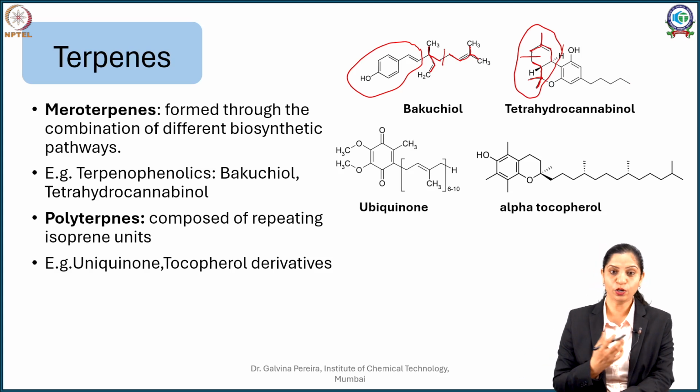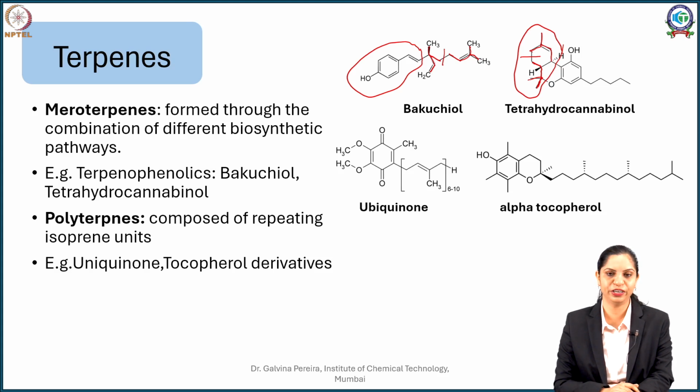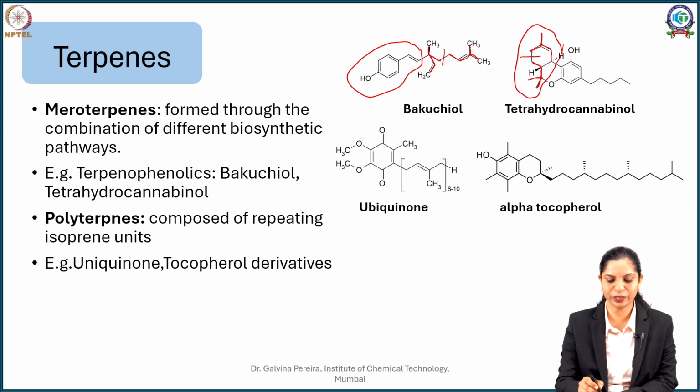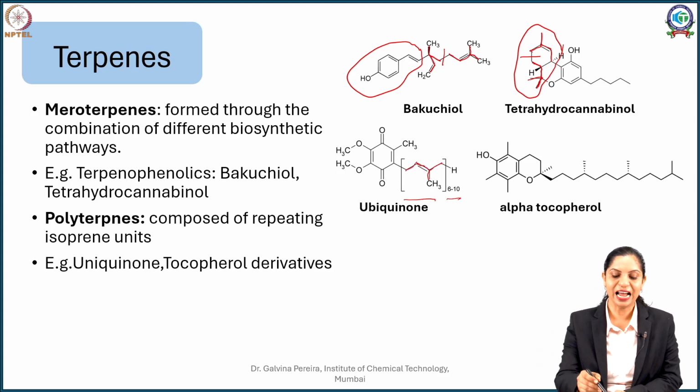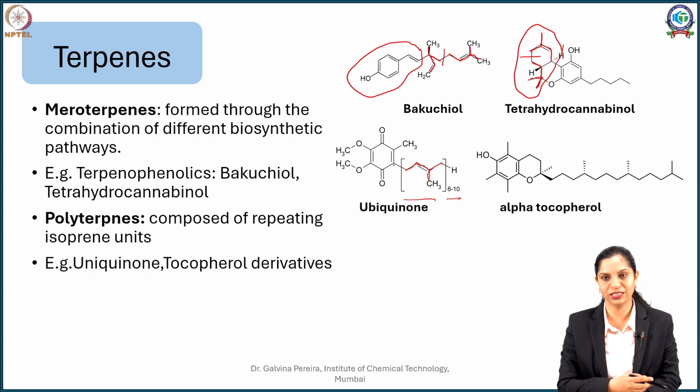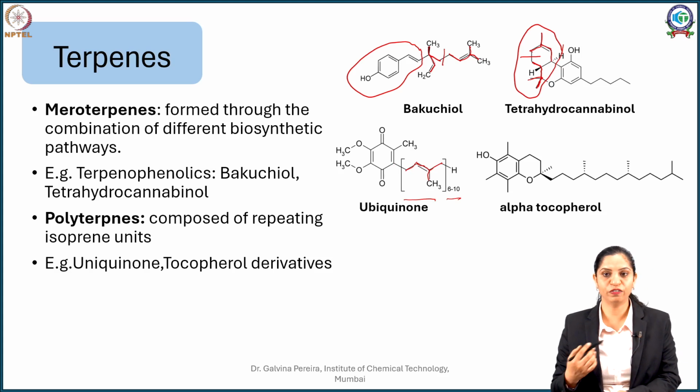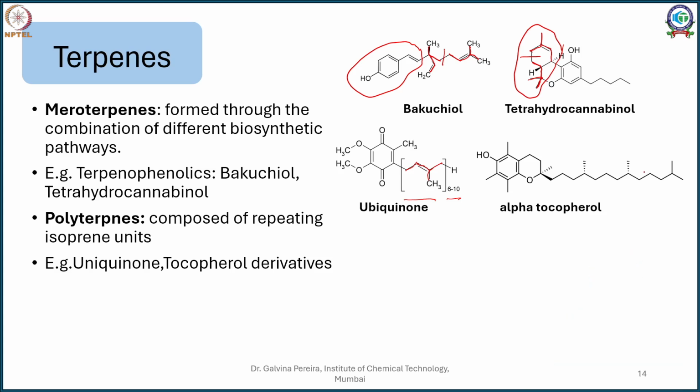In addition to that, your polyterpenes occur in nature also as some of the meroterpene derivatives. This includes your ubiquinone. You can see in ubiquinone, which is involved in your electron transport chain, the terpenoidal 1, 2, 3, 4, 5 is there, and you will see numerous such molecules, that is, it is a repeating monomer, and this is attached to a benzoquinone nucleus. Whereas when you see tocopherols, which are called your vitamin E derivatives, which are your natural antioxidants, again in that you will see a good symmetry of isoprene units.